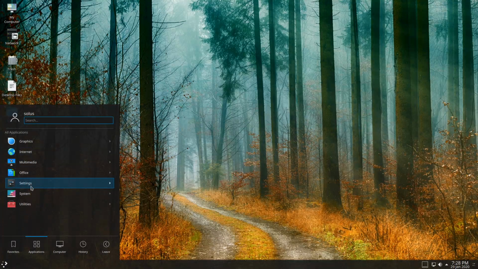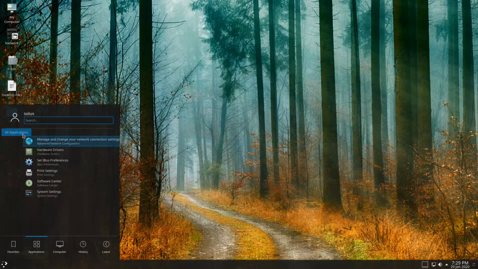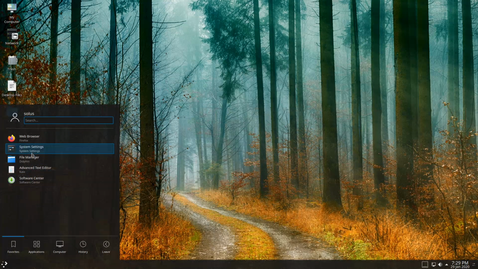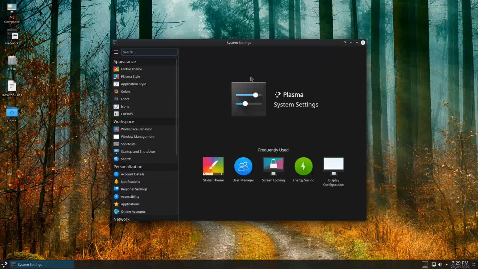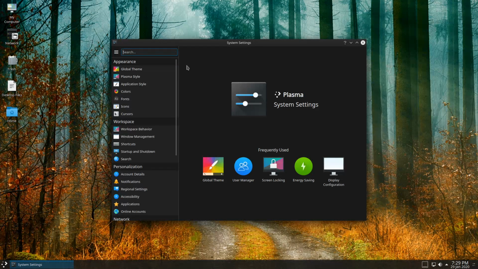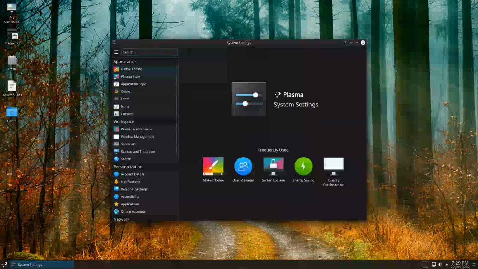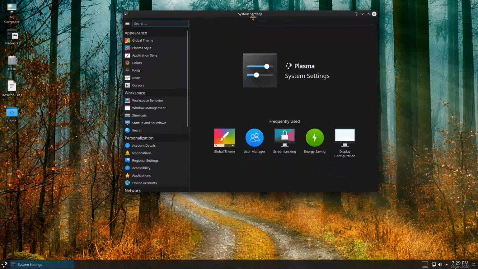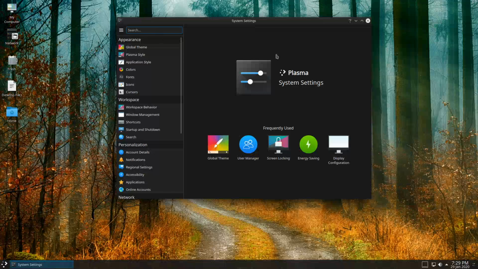The other thing that we are going to find if we boot up our basic settings, let me go back to favorites and boot up system settings. We do actually have online accounts installed on this, although there do seem to be some bugs in it. I could not delete accounts on there. I'm not sure if that's a bug. I got a comment, I believe, from one of the Solus devs that it may have been a bug, but I'm not 100% sure about that.